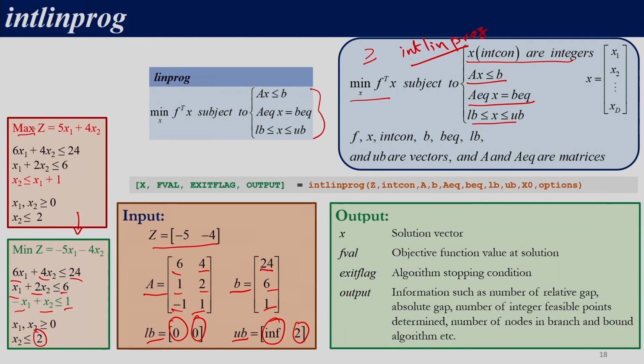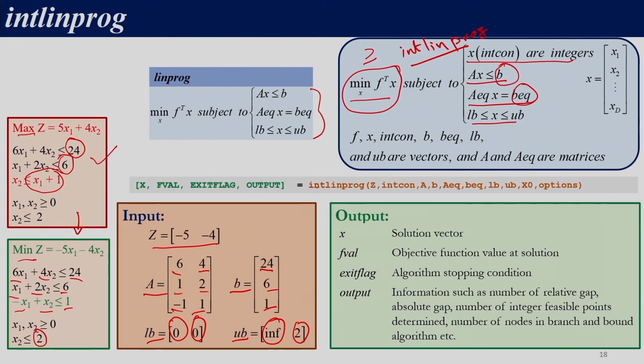So this is a maximization problem that is converted into a minimization problem because intlinprog can solve only minimization problems, right. And over here, on the right hand side we are expected to have only constant coefficients, right. So over here we have a constant coefficient, over here we have a constant coefficient, but over here we do not have a constant coefficient. So x1 on the right hand side has to be taken to the left hand side. So that way we converted this problem into the standard format, right.